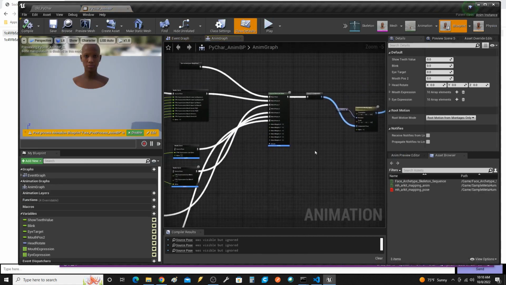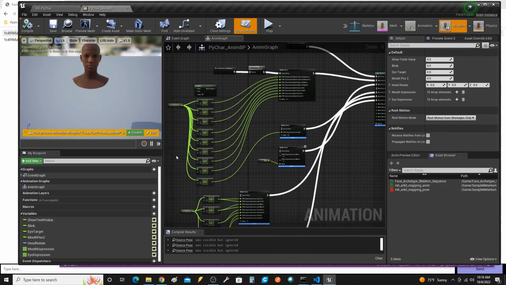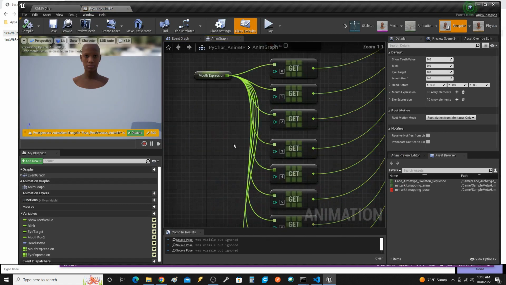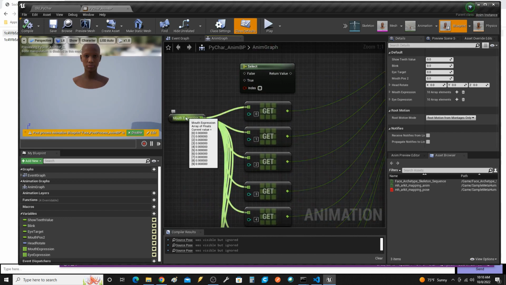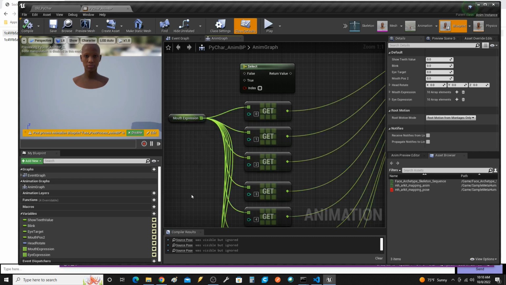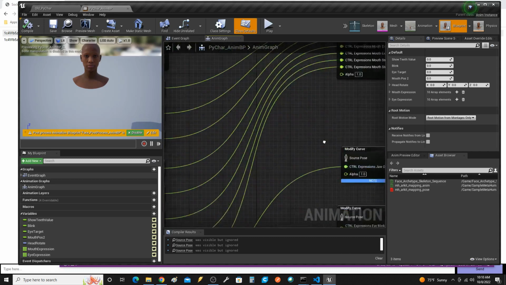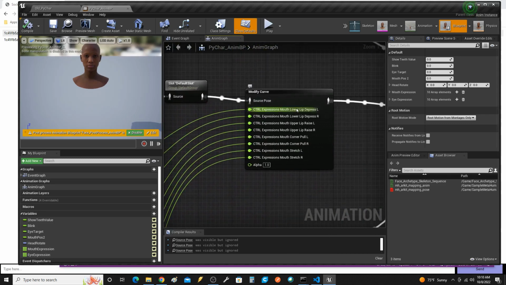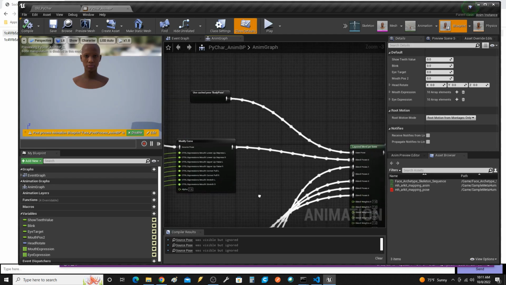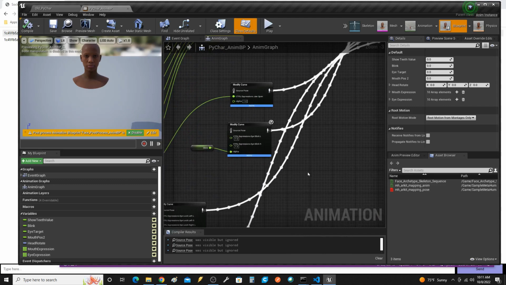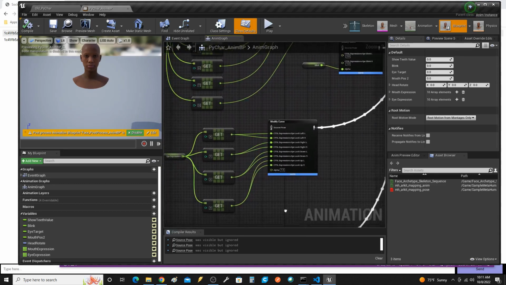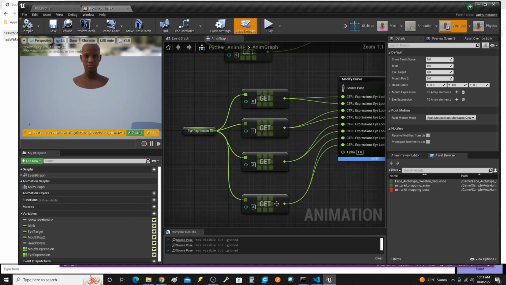And this has the original code in it that will take arrays of floats. For instance, a mouth expression. It takes all those values out and it modifies these morph targets right here. So this was earlier work where I was controlling these curves myself. And then there's the expression array,